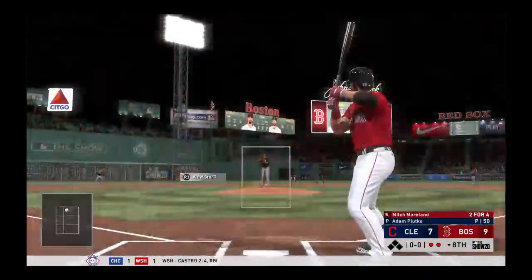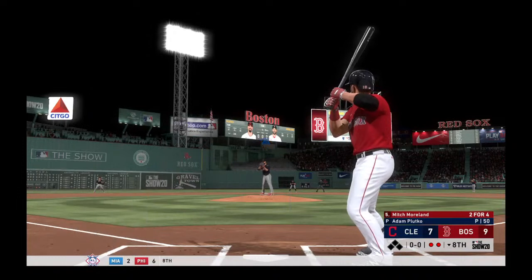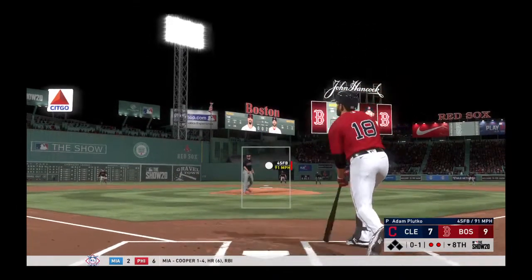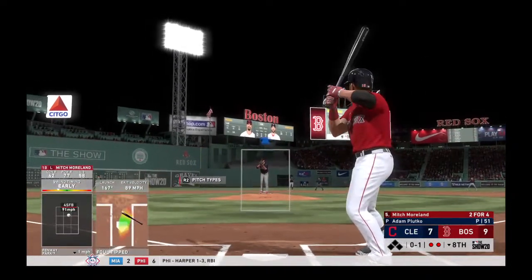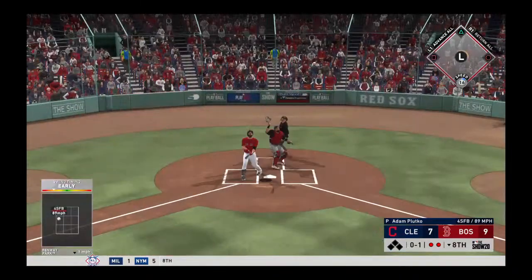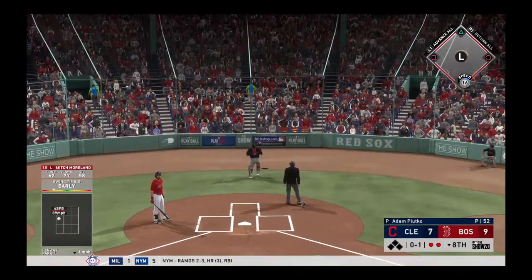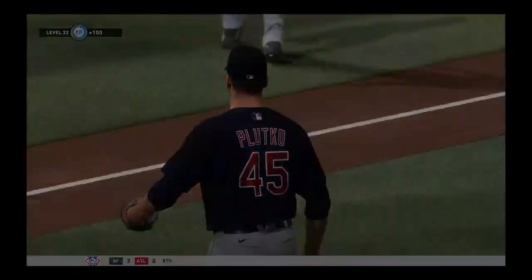Next for the Red Sox, settling in now, Mitch Moreland. On the night, he's 2 for 4 with a pair of singles. And he fouls this one off. The 0-1 on its way. Popped him up. And he'll get under it to put it away in foul territory, and that...